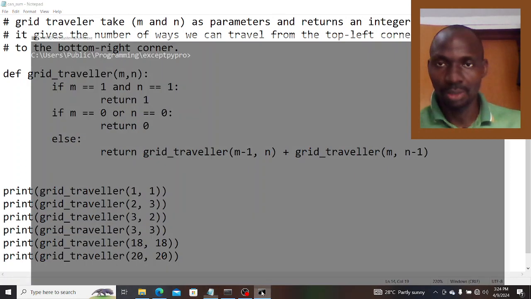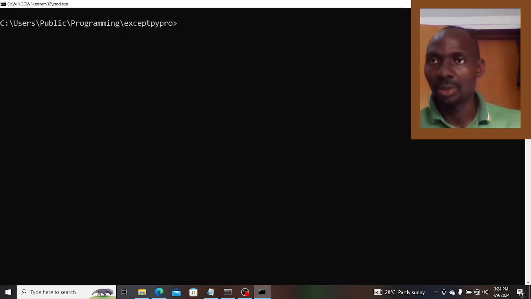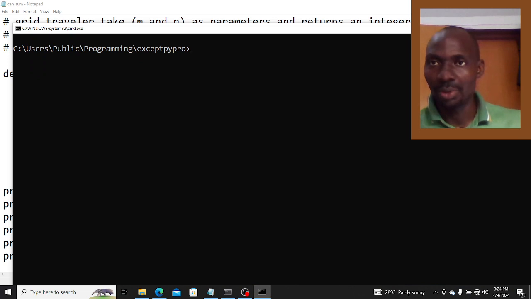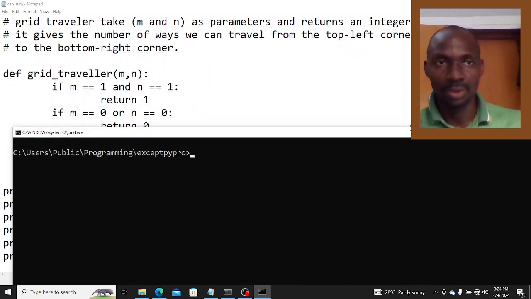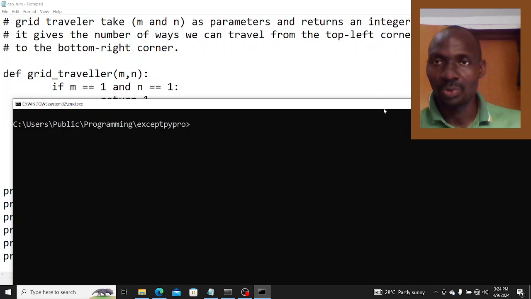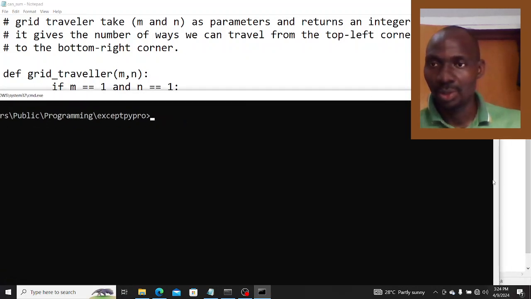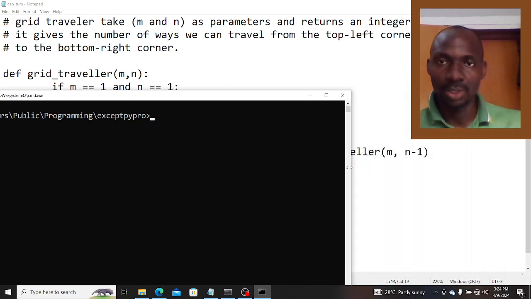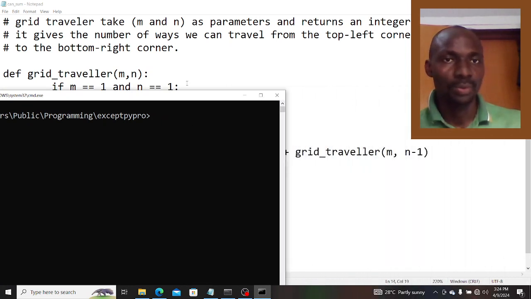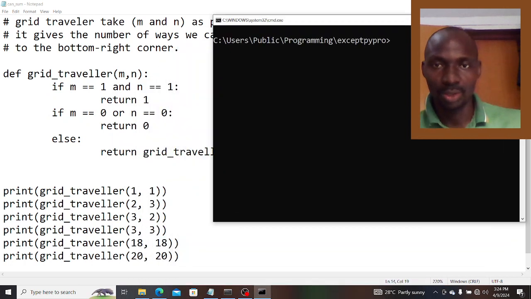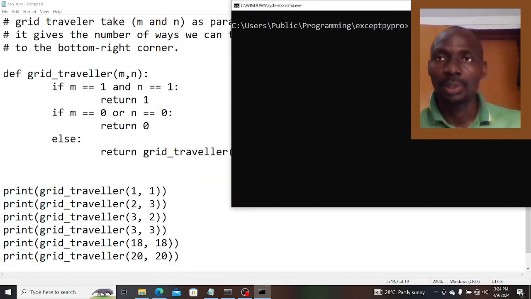Let me reduce the size of the terminal window so that we can see alongside. Right. So now our task is, if we check our function, we discover that we have